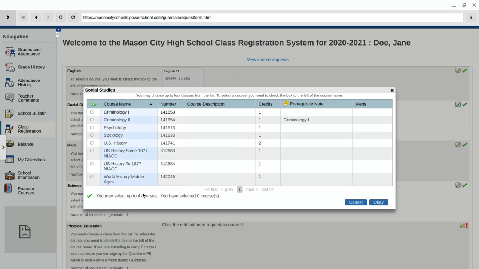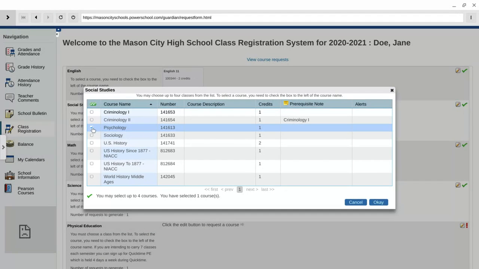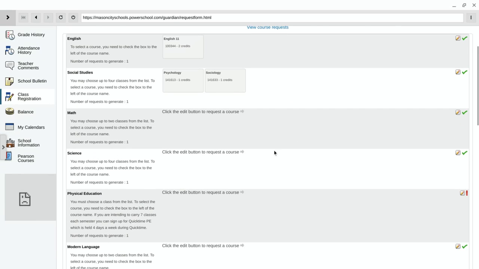And I'm going to go ahead and do that. You may select up to this number of courses in this grouping, but in this case, I'm just going to choose a couple here and click OK. I continue, then I get to math,